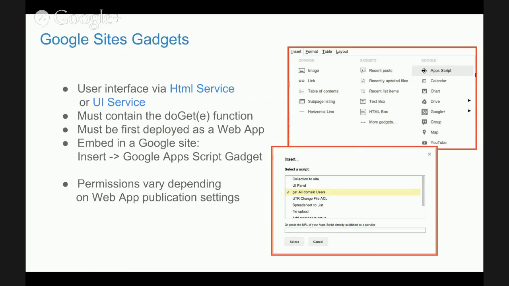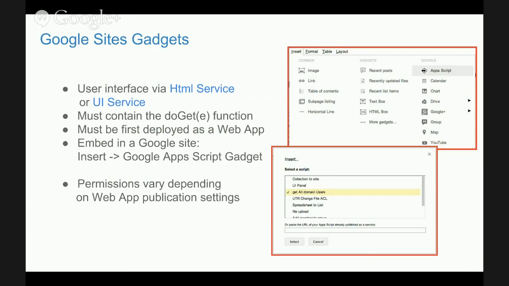The next type of script that you can create and use are scripts that are embedded in Google Sites. Now, I did say that you can create scripts within sites as a container, but if you want to use what I just showed you and be able to collaborate with people and then embed your application in a Google site, because that would be a great way to publish and distribute your application, then you can use the AppScript gadget, which is basically a little box that sits in your site and shows your user interface